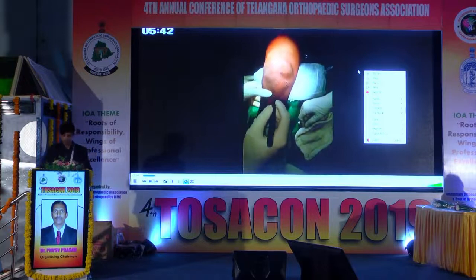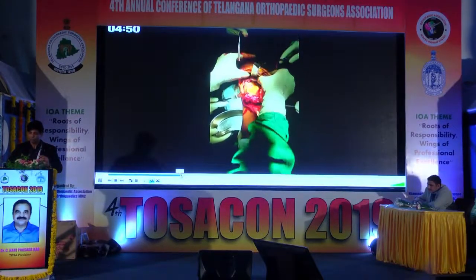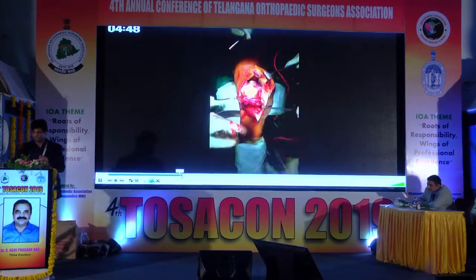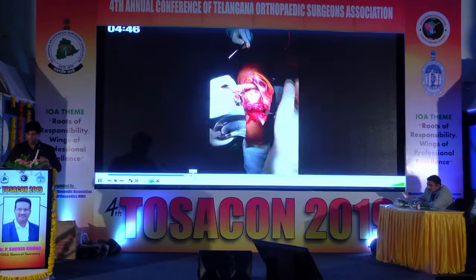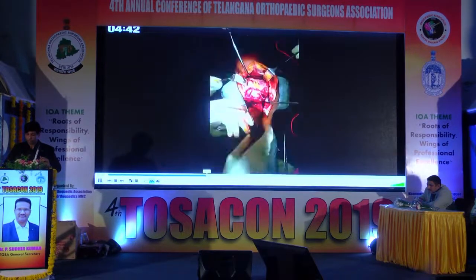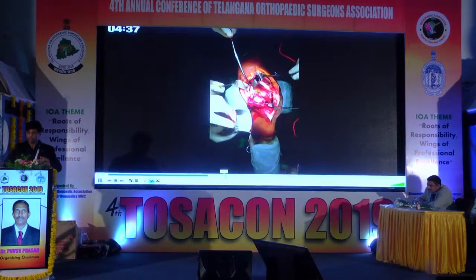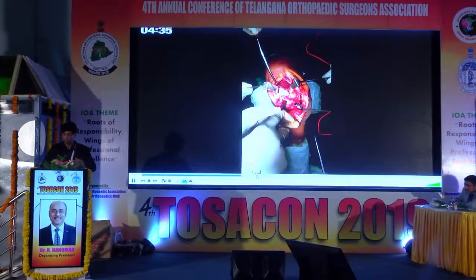Excuse me. Sharp instrument, just a finger dissection. Beautifully it can separate both the muscles. Now you can see the femur jutting out anteriorly. The intermedius is being incised in the center of the femur, and the periosteum is elevated. This case was done under tourniquet. It was a transphyseal fracture in a 15 year old boy.